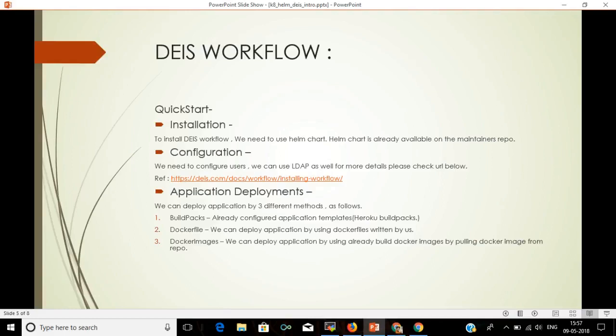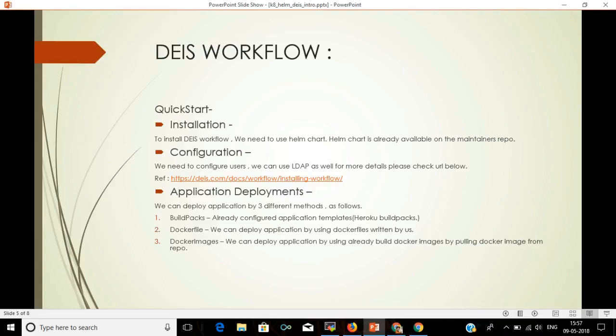Let's say a developer is working on an application and wants to deploy it for testing or development purposes on a Kubernetes cluster, and he doesn't know Kubernetes that much, or a Kubernetes expert is not available to help him, he can use Deis Workflow to test it.